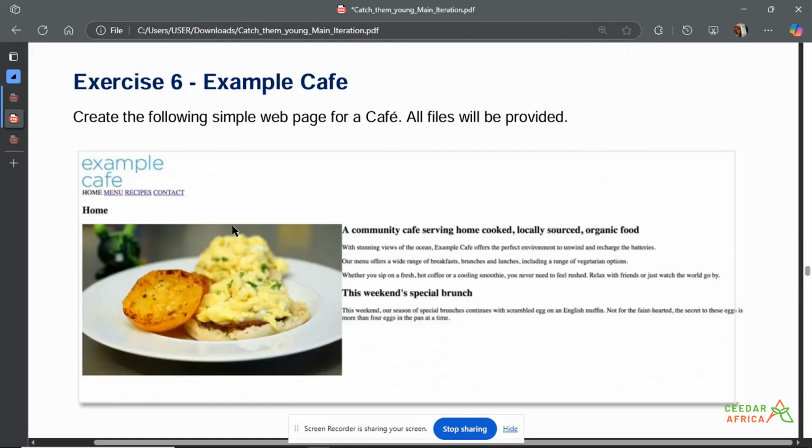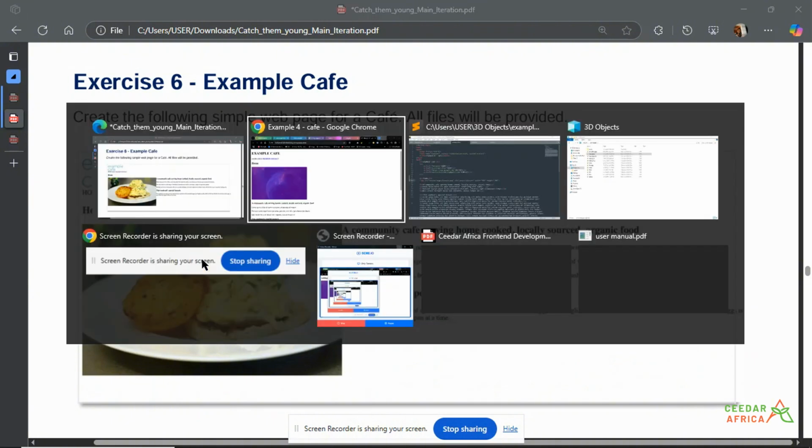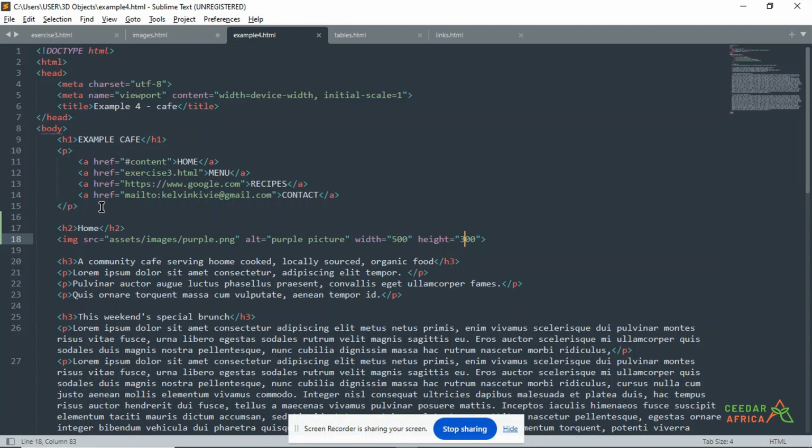In the exercise here, we have the image to the left and the text to the right. Now, how do we do this? Although there is no way to do it literally with HTML, there is a way we can achieve that. And what we do to achieve that is to